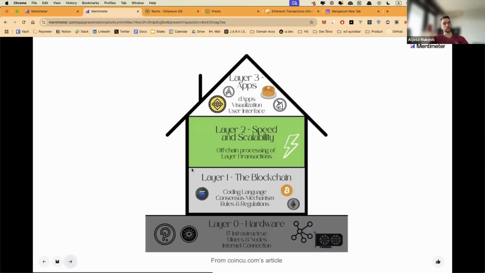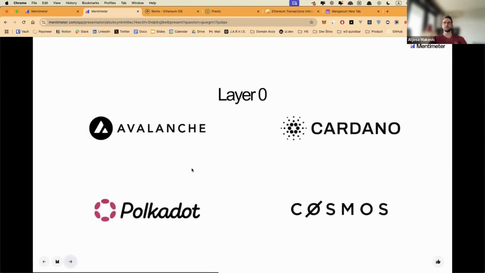And then layer 2 chains, they're made specifically for speed and scalability, so you don't have to tackle any of these issues with high unpredictable fees. And layer 3, those are actually considered to be apps. So dApps, anything built on top of those are consumer apps.